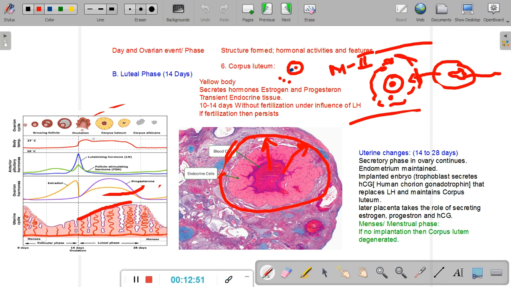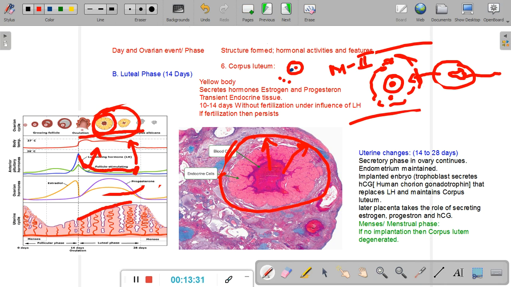If you remember, what was responsible for the existence of the corpus luteum? The corpus luteum exists because of the presence of the luteinizing hormone. When luteinizing hormone was released in higher concentrations, ovulation took place, and it is only because of this luteinizing hormone that the corpus luteum is formed. The life of the corpus luteum depends on the presence of luteinizing hormone. During the luteal phase, the concentration of LH keeps on decreasing, and when it decreases to a certain point, the corpus luteum gets no more signals to stay alive,